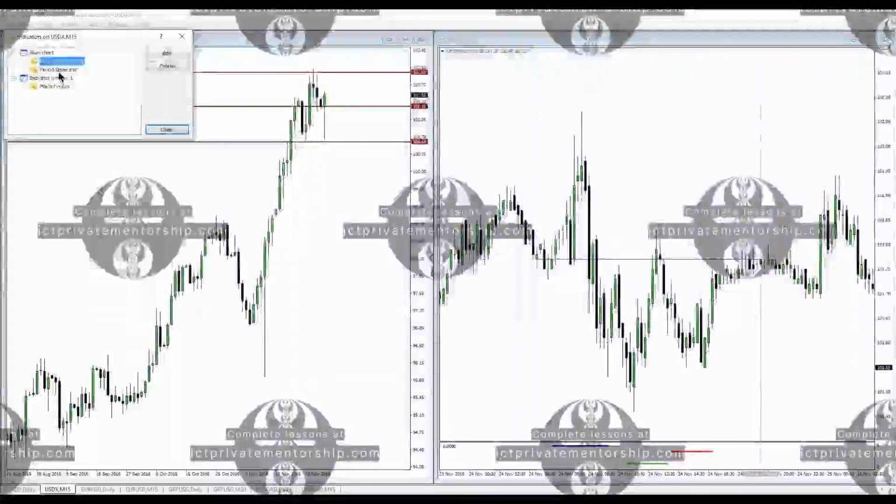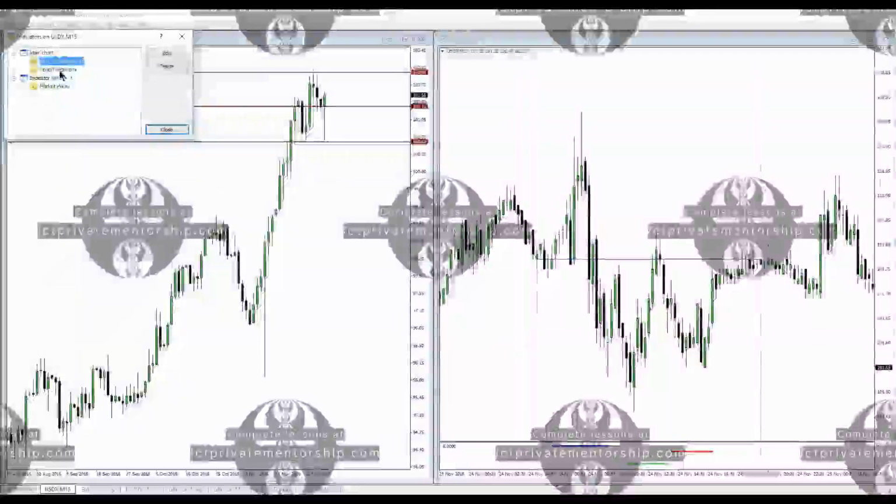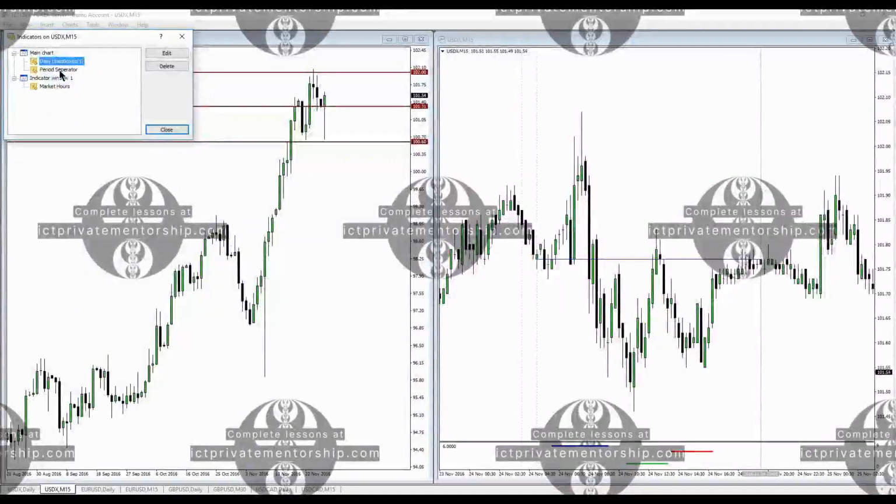And then on the period separator, this indicator only allows you to have one at a time. You can't put like two. So if you're listening to this and you have a period separator program, or not program, but one that you can use for MT4,